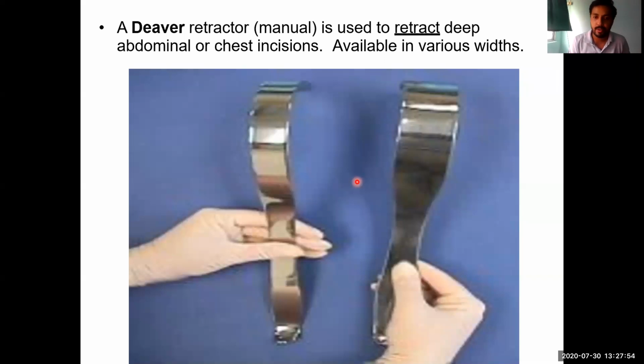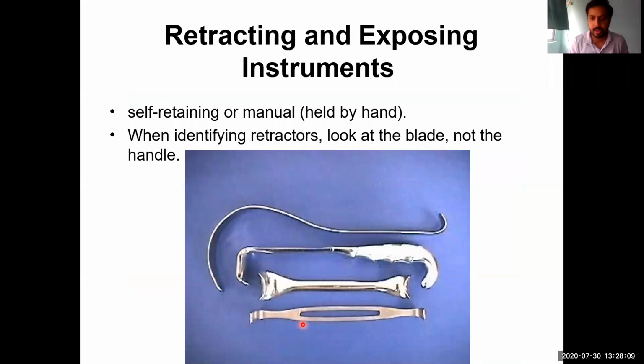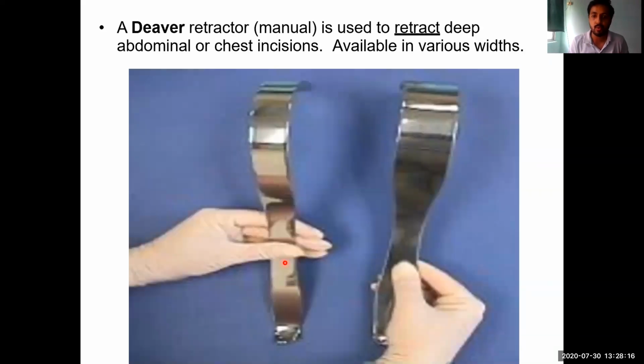These are used. But remember, this instrument will only be used when we are doing operations a little bit deeper, not the superficial ones. As you have seen in the previous retractors, there are various sizes. This blade is longer and larger, this is smaller. So the shapes are different because of their use. Where are we going to use this? Any kind of operation, I am discussing the open gallbladder operations.